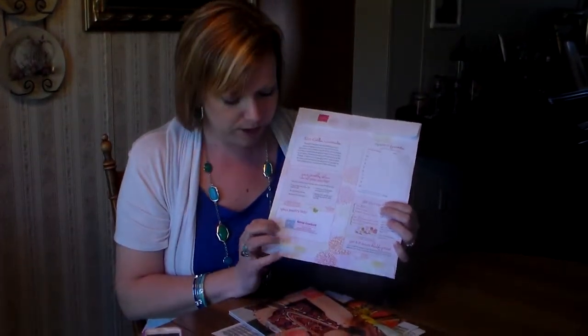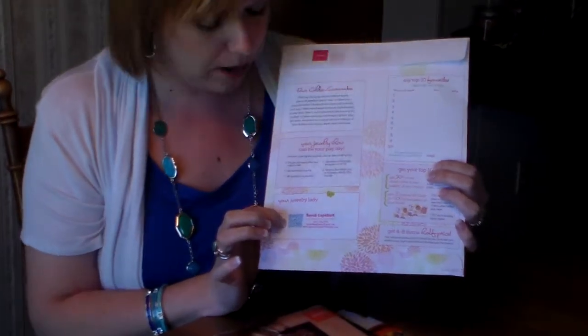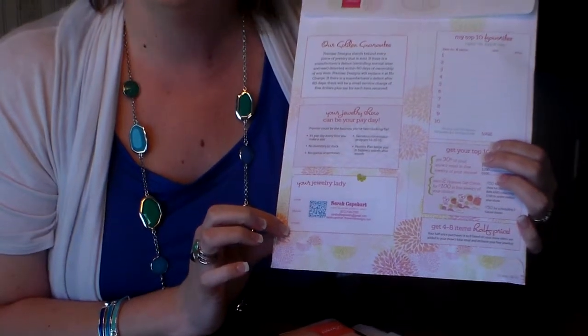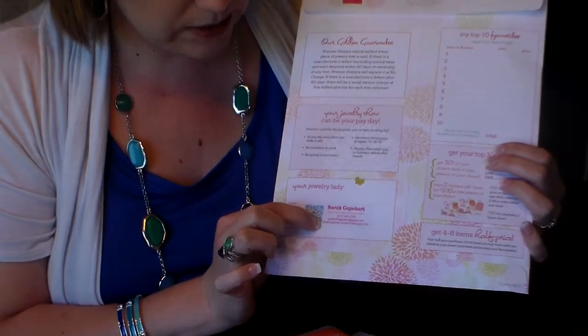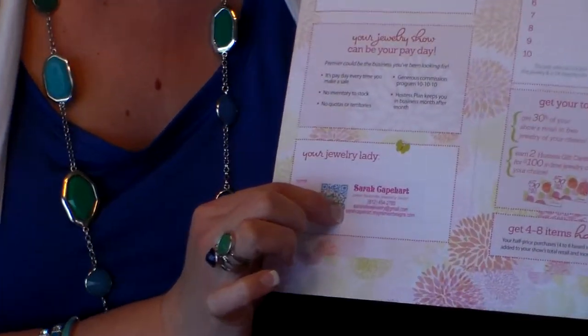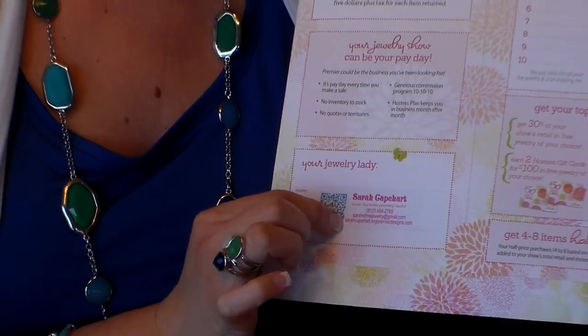You have another resource at your disposal too. I have a personal website, and so on the back of your folder, you'll find a QR code so you can just scan that in and forward it out, or you can snap a picture of that and forward it. People can use that to go directly to my website. Here's my web address, sarahcapehart.mypremierdesigns.com, and you'll also need the secret code, the access code, which is 4 capital letters,